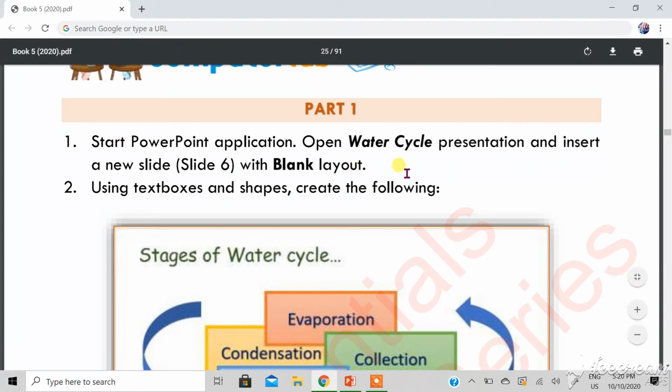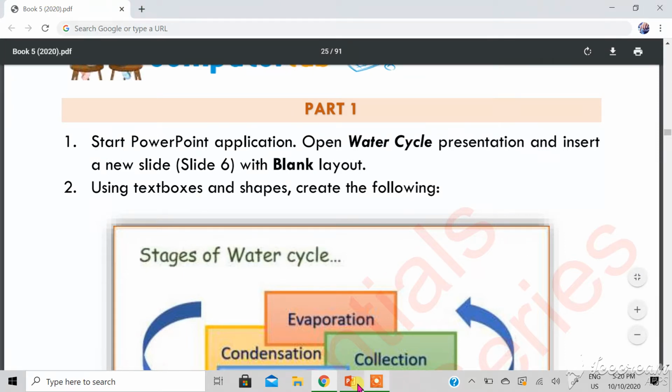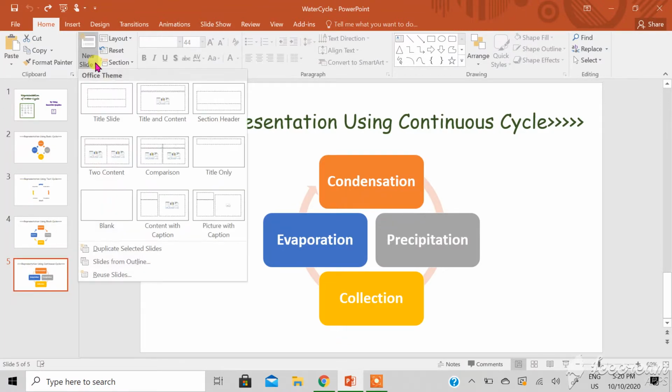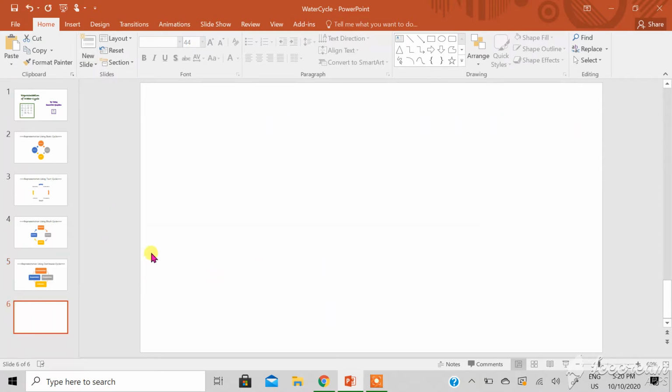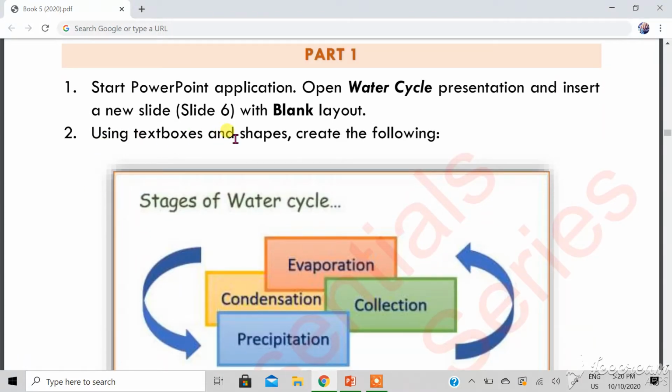Today we have to do chapter number 2 lab work part 1. Start the PowerPoint application, open the water cycle presentation and insert a new slide 6 with blank layout. So the first step is to insert a new slide. Here it is, New Slide in the Home tab. You will choose the blank one. So this is how you are going to choose it, and then using text boxes and shapes create the